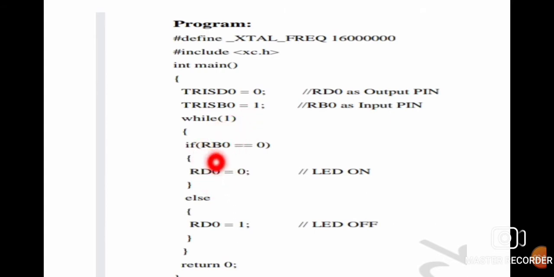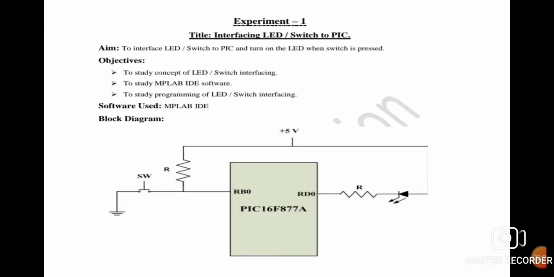You just observe, when RB0 is equal to 0, that means when switch is at logic 0, then RD0 is equal to 0, that means LED is on. You just observe this circuit diagram. Here the cathode of the LED is connected to D0, whereas the anode is connected to plus 5 volt.